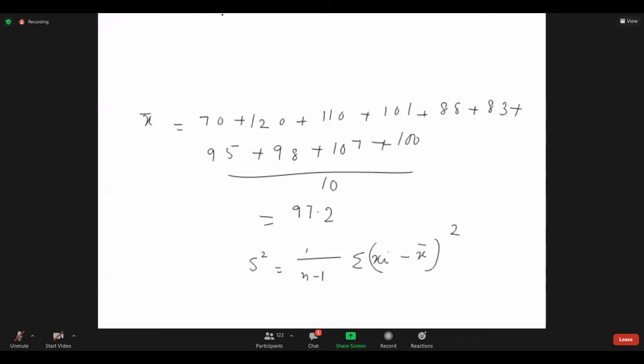Yes or no? Since I have projected fully, I cannot see the chat. If you want anything, you should ask. If you put it in the chat, I cannot see it. I am using the full space. I am moving to the next slide. You open the mic and ask.